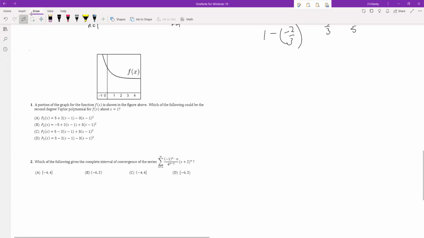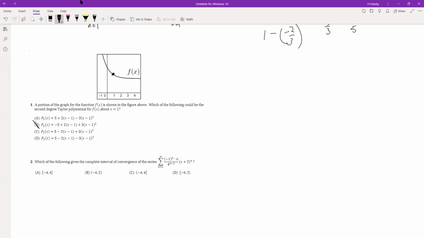Okay, so here's 1 and 2 of the multiple choice. A portion of the graph for the function f of x is shown in the figure above. Which of the following could be the second degree Taylor polynomial for f of x at x equals 1? So x equals 1, right about here, which means when x equals 1, it looks like the graph is positive. So that immediately eliminates B, because when x equals 1, B would yield a negative 5, which is obviously not